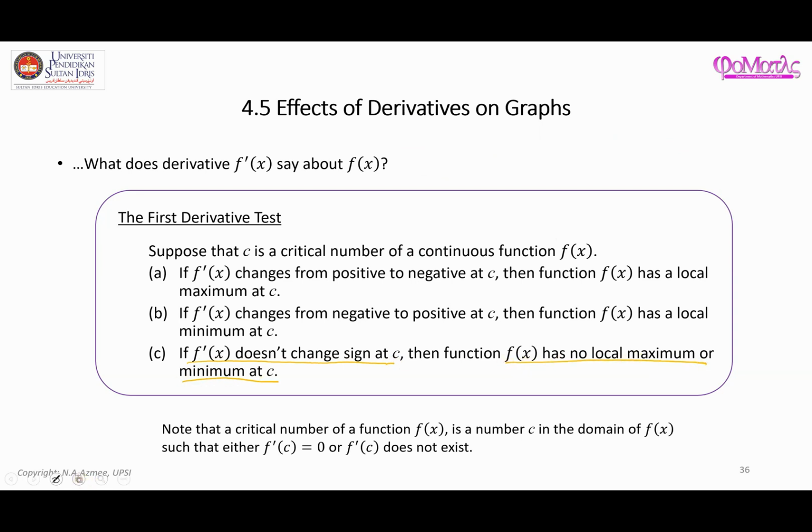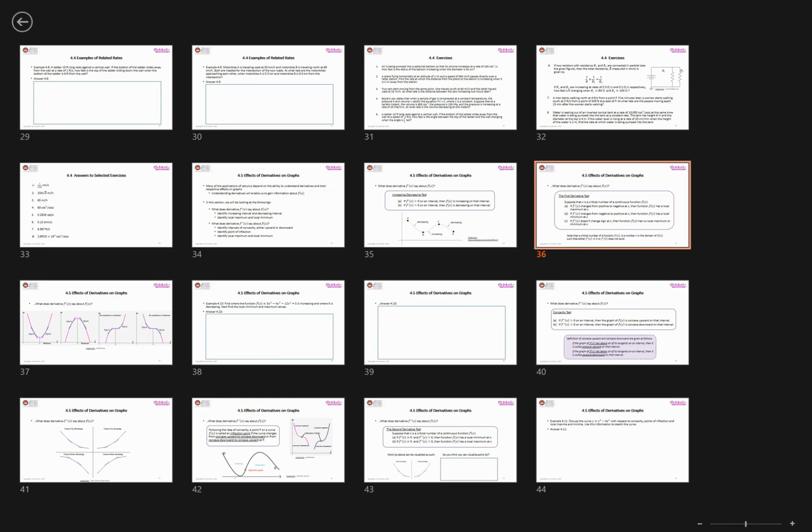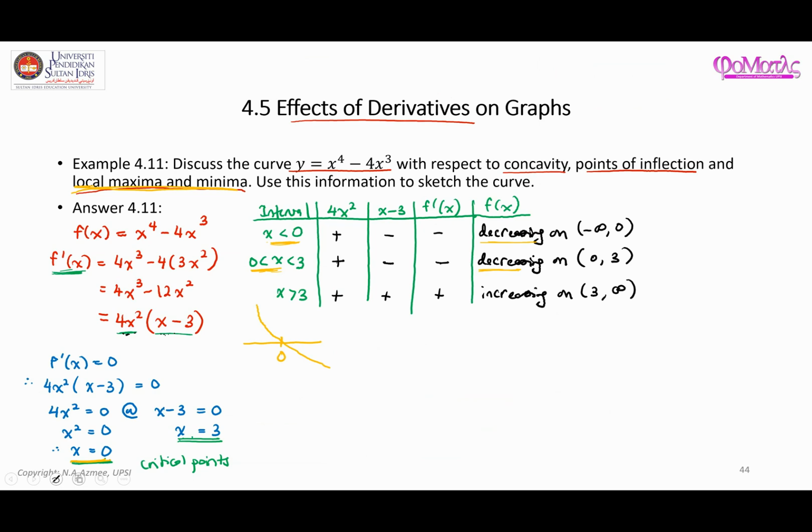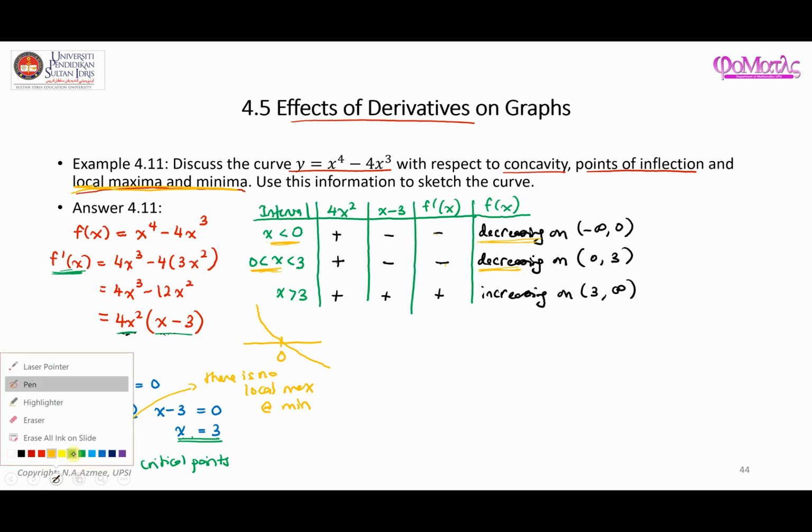So that's the conclusion that we can say for that. Okay, so because it doesn't change sign, it is decreasing, and again it's decreasing, the sign doesn't change. So the conclusion is, at this point there is no local maximum or minimum. Okay, so now let's look at the next point, which is point